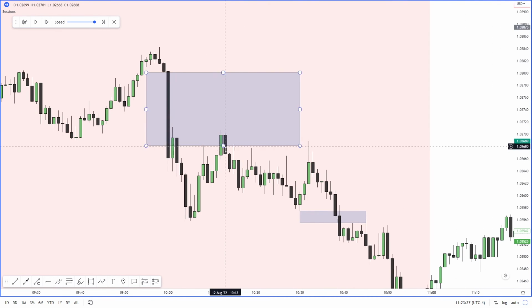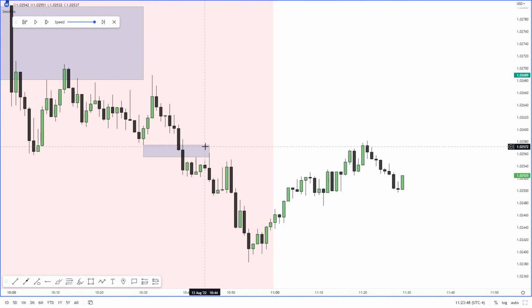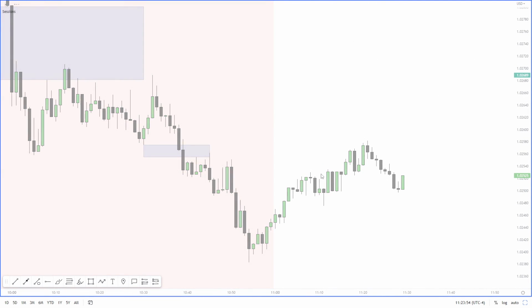Price mitigates that. No displacement, no displacement, no displacement. Takes a couple of highs. Displacement on this. That would have been a lovely entry to take. Starts going lower. And then it mitigates this. Another fair value gap here. Starts going lower, but fails later on. And overall, both of them would have failed.